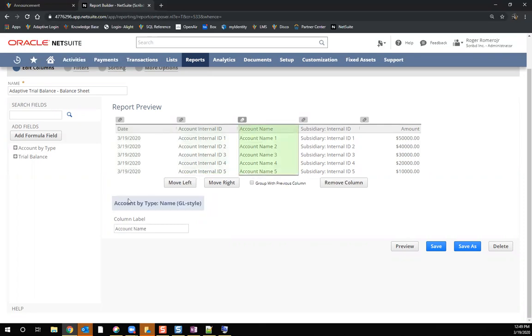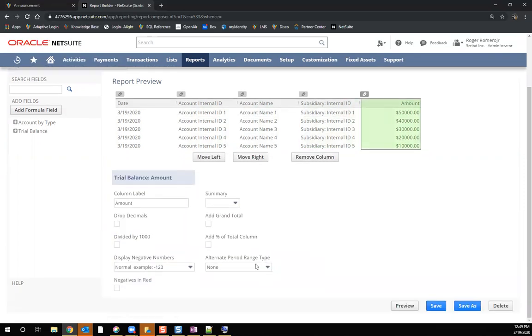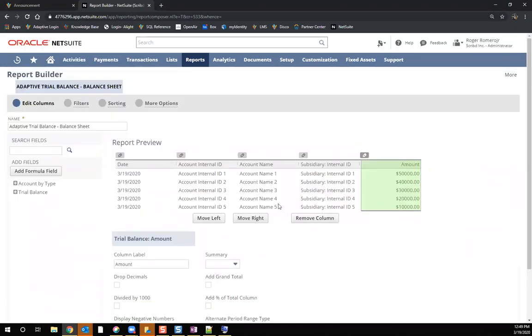Next column, account by type, name, GL style, subsidiary internal ID, trial balance amount. Here, normal, just the same period range. So coming over to the filters,